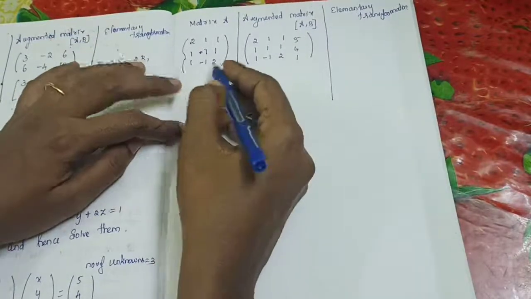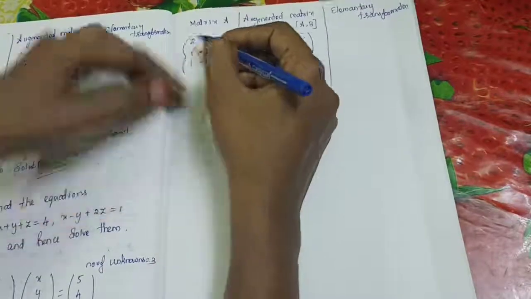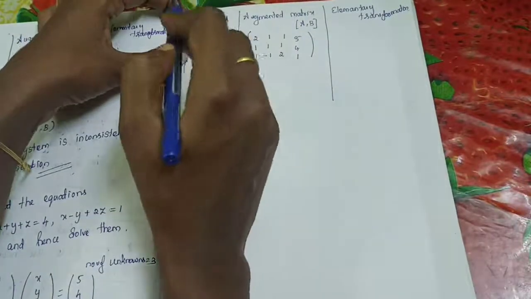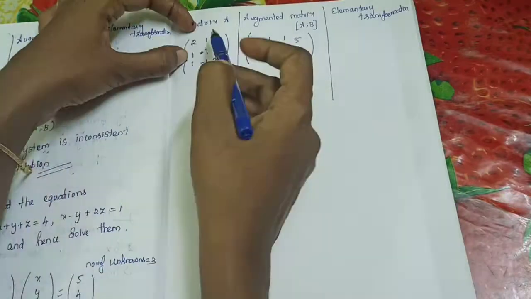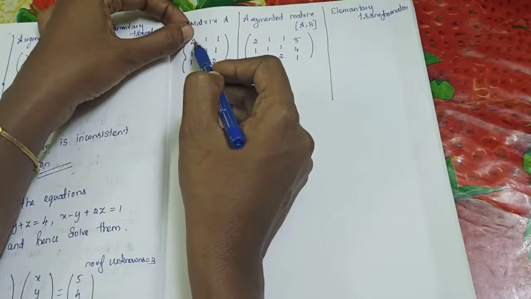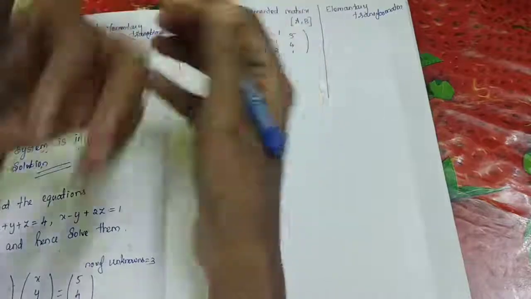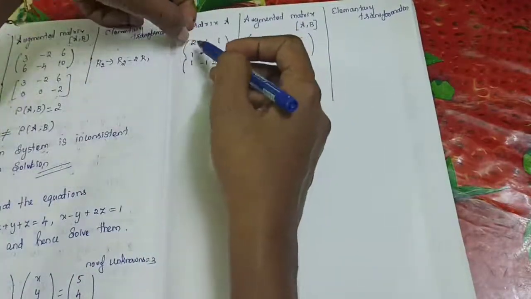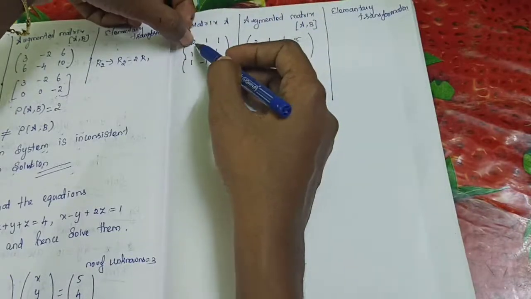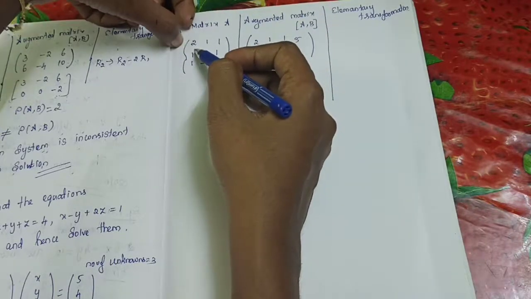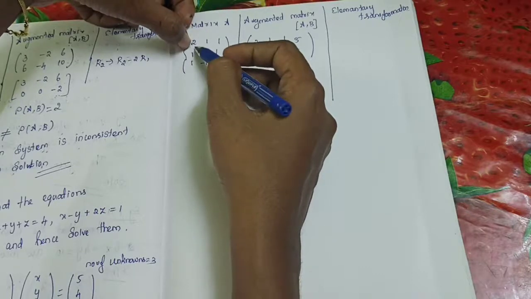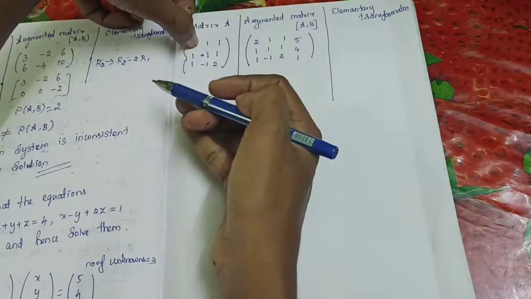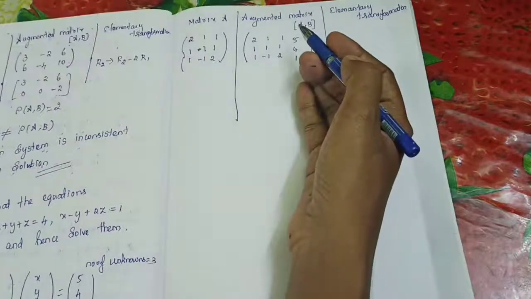Okay, so listen here very carefully. This entry is 0. That is the first entry. I said the first entry must be a non-zero element. Is it right? So using this element alone, we can make these 2 entries as 0. Yes or no? Yes. This is 2, that's the non-zero entry. So using this 2 alone, you can make these 2 entries as 0. But if you do it like this, you will get fractions.